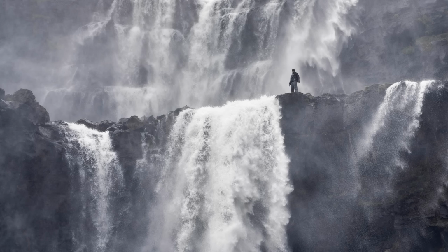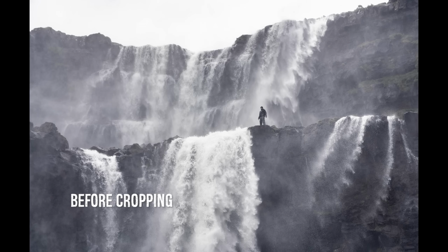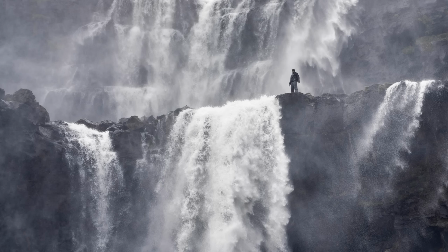Over the top epic, and I actually purposely cut the very top of the waterfall so that it looks as if the waterfall is taller, because it is just where the background waterfall comes down where I cropped it. So in that way we focus more on the scale of the waterfall and kind of unconsciously think that the waterfall is larger on the top than it is. It is way larger in the bottom,